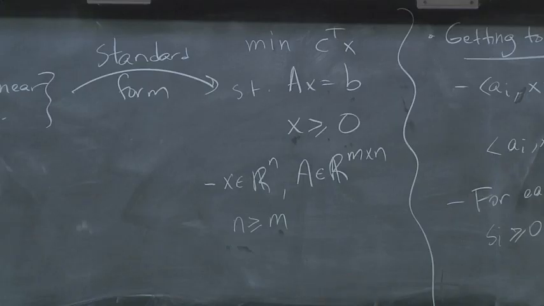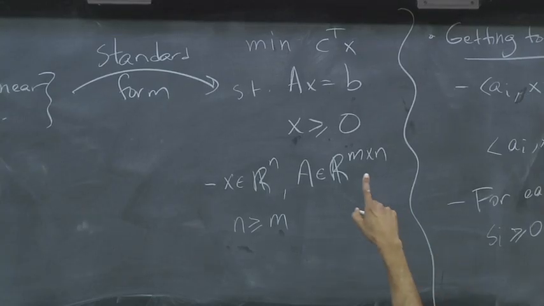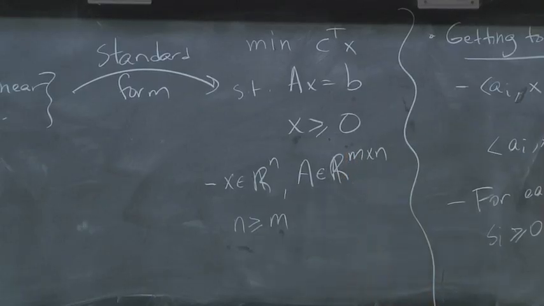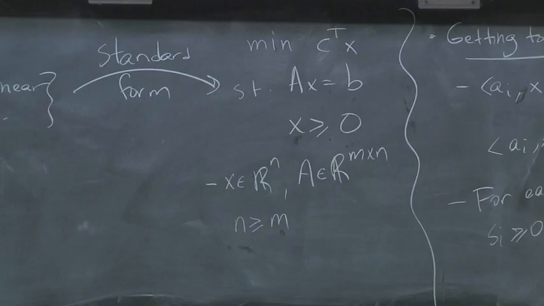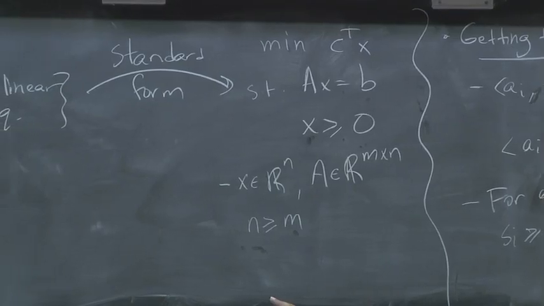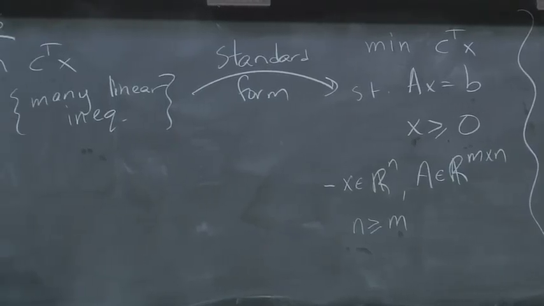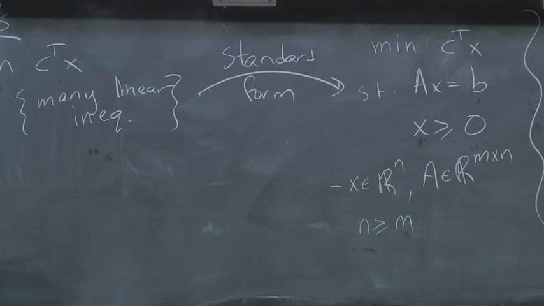Why is that? Because I can guess the optimal value and then do a binary search. Suppose that I guess the optimal value is r. Then I can add another constraint which says that c transpose x is at most r. I can move the objective into the constraint. And then I can just ask, is there an x which achieves at most r? And if not, I'll move on in my binary search. So we can reduce the minimization problem to finding a point in this P.